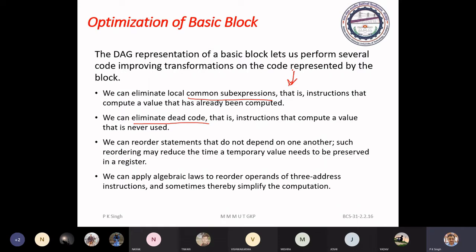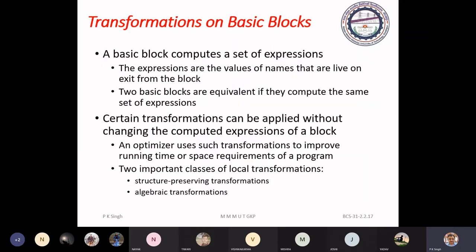Within the basic block we can reorder; we will discuss an example. And finally, we can go for algebraic simplifications. So see one by one.